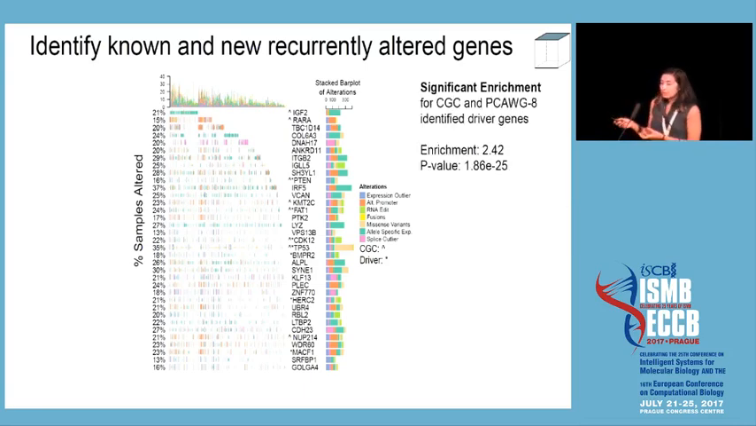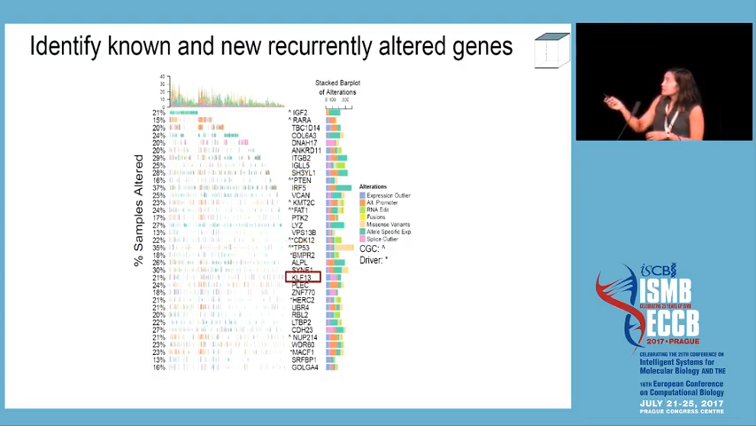So what do we see here? Well, we see a significant enrichment for cancer gene census genes and for PCAWG identified driver genes. Another thing that we see is that we have the typical players. So we see that we have PTEN and TP53 in the top of our list. But also, interestingly, we see genes that haven't previously been identified as either a driver gene or a cancer gene census. So this gene is KLF13, and we see that it has many expression outliers, many splice outliers, and many